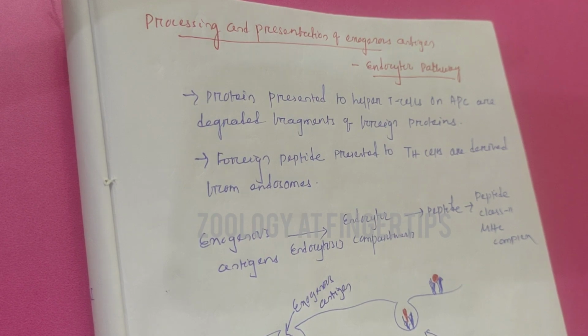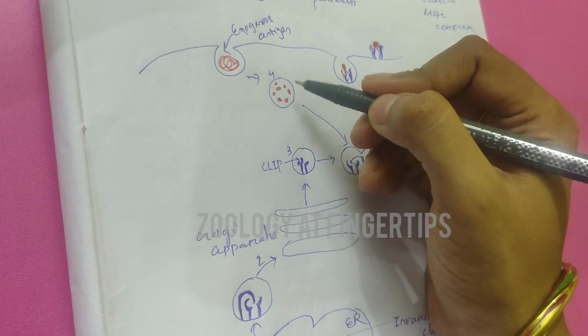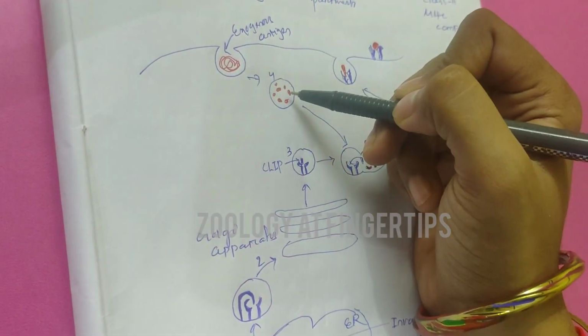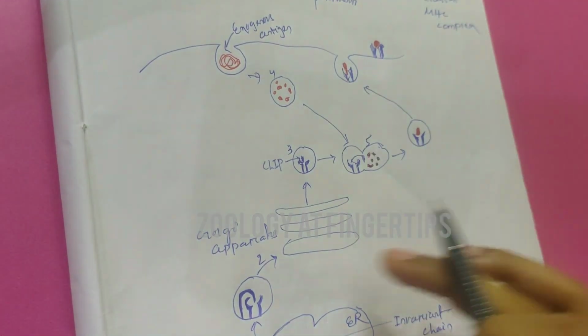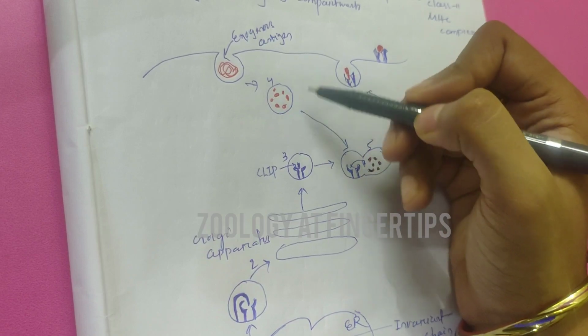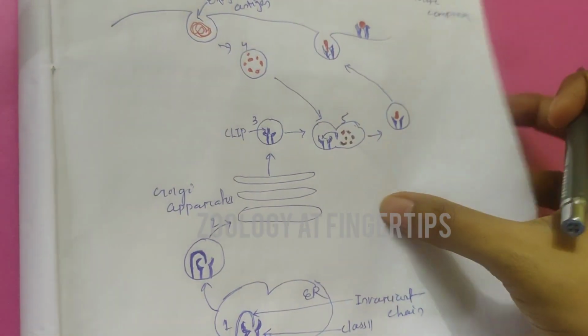Actually, foreign protein enters into our body and inside the endosome it is degraded into short fragments. This is the exogenous antigen. They are endocytosed into the antigen presenting cell, and inside the endosome they are processed. Here the MHC class 2 molecule is synthesized inside